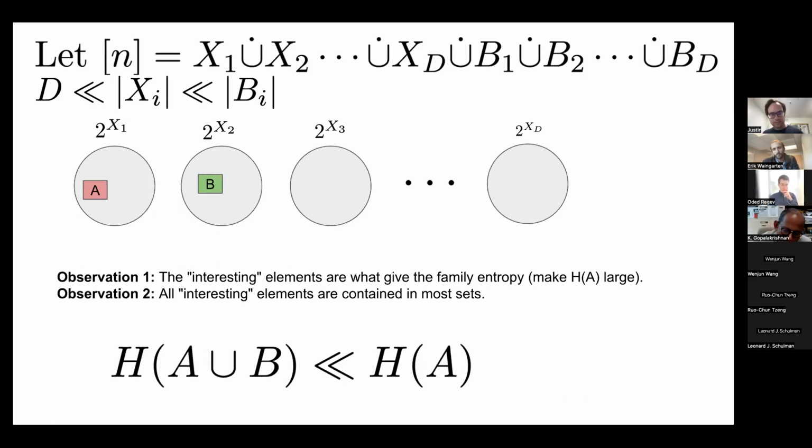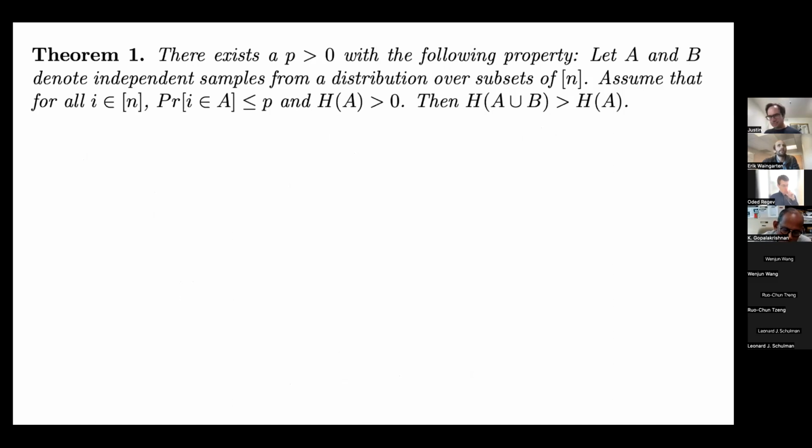Okay, and so I guess that led to this final conjecture, which is now a theorem. So there exists a constant p bigger than 0 with the following property. We're going to sample A and B from, I guess, any distribution over subsets of n, and we're going to assume that for every element i, the probability that i is contained in A is at most p. And then we're going to assume this entropy is bigger than 0. And then I guess the theorem is that under this assumption, the entropy of A union B must grow relative to the entropy of